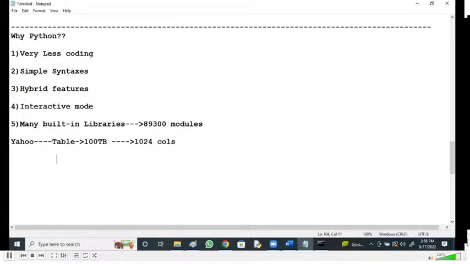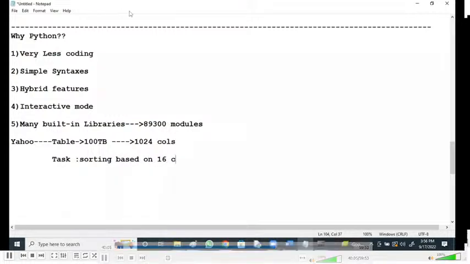Task: sorting based on 16 columns. Time taken by the things.